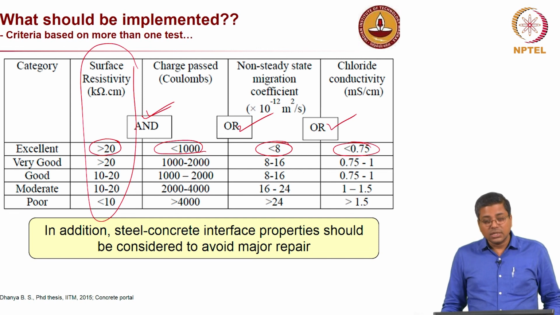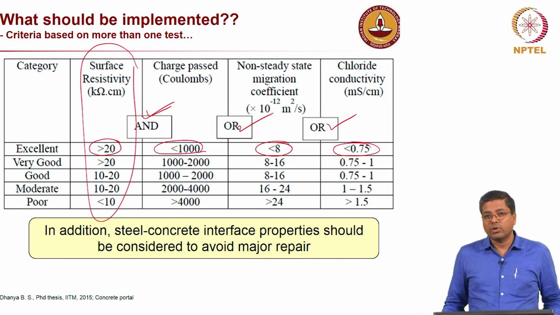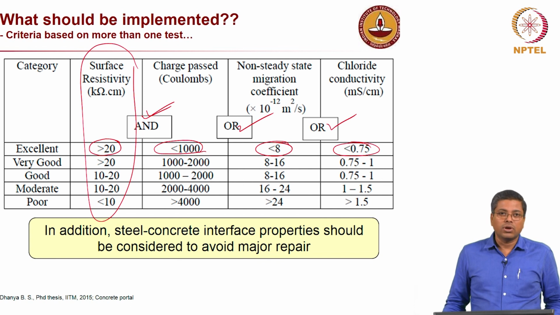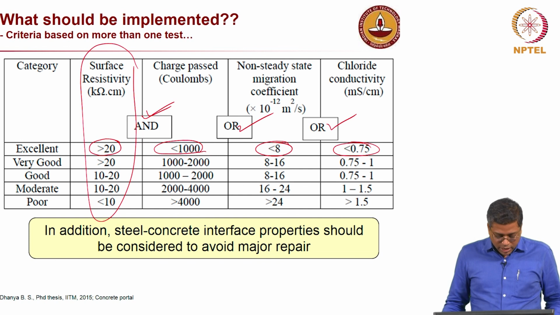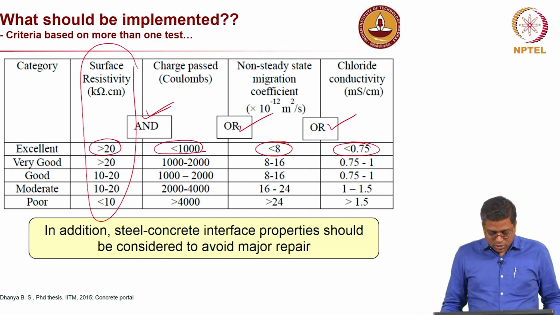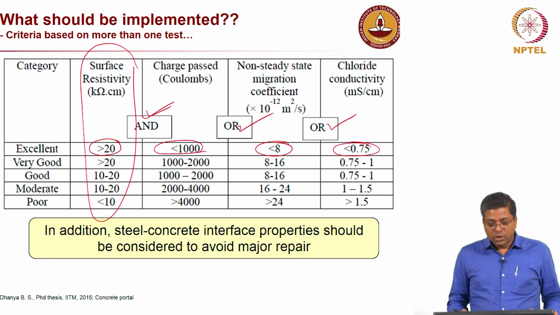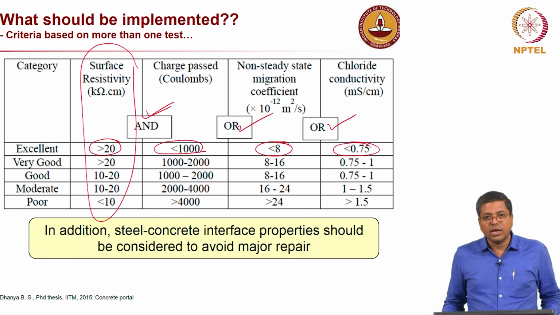The main reason is that we are seeing more and more failures of our structures much before the design life is achieved, and that is a big concern for everyone, because as we build more and more structures, we have to ensure that they achieve their design life and do not experience premature corrosion. So, it is very important to adopt durability based testing and come up with performance based specifications in the contract document itself,